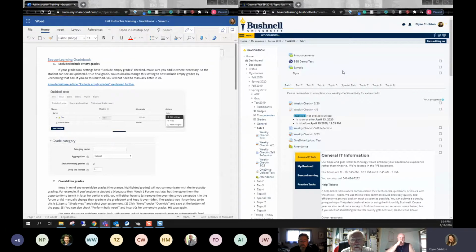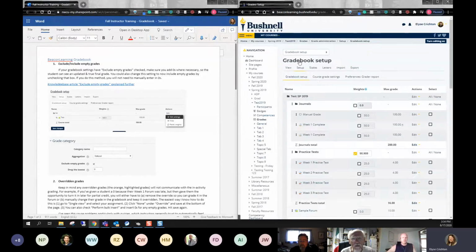So the first thing I would recommend in your course, which hopefully doesn't come as a surprise to you, is to build out all of your assignments and activities in the course, because the grade that you put in that activity will automatically go into your gradebook. The more that you can set that up ahead of time, the easier it will be to manage all of those different settings before the course starts. So I'm going to go over here to grades and the setup tab, and I might move quickly, so please feel free to post in the chat or raise your hand, and I will stop and go slower or repeat something.